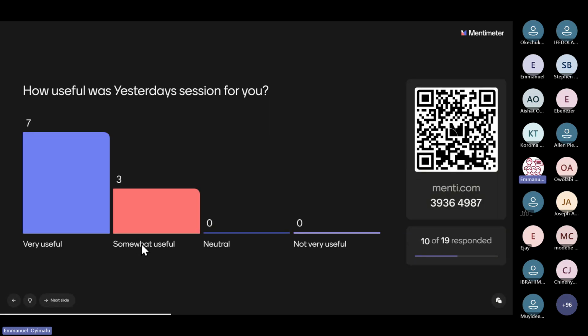If it wasn't useful, you can still give your feedback, because feedback is actually good, so we can work on where our students really want us to work. We have 13 very useful, 4 somewhat useful, and 1 neutral. Let me move to the next question.